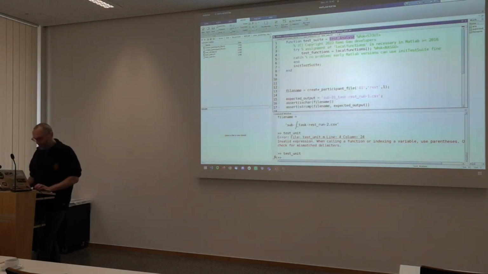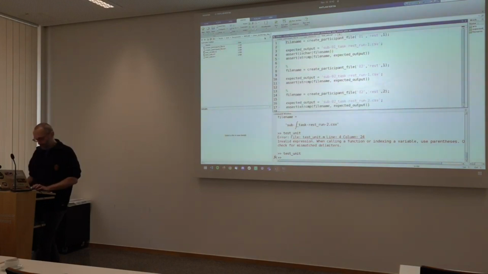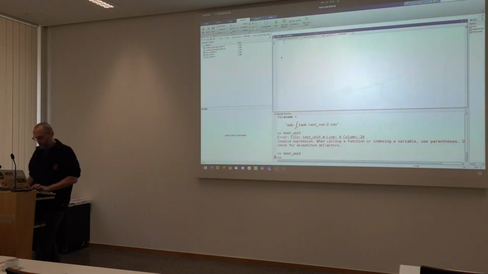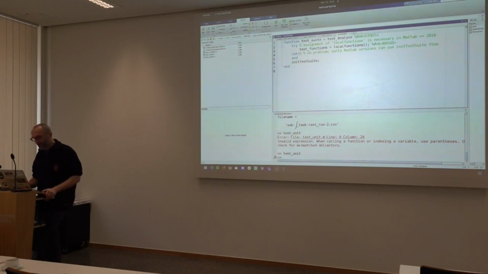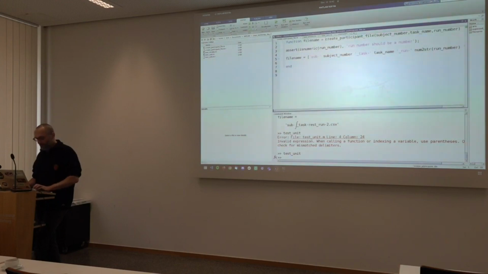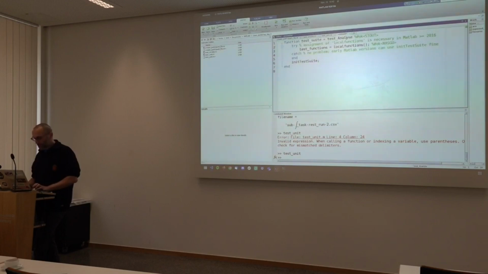Actually, no, let me just put that into another file so that we start. So this is pretty much what you would need to have at the top of a function if you want to run your test using MoxUnit. This is something you can just copy paste. The only thing you can change is the name of this function. Here we are testing the create participant file function, so it's usually better to just name it like this.